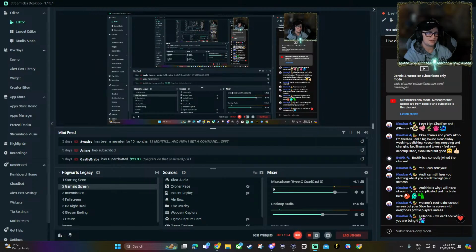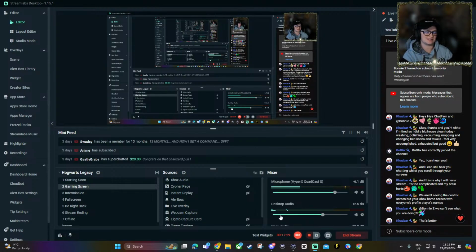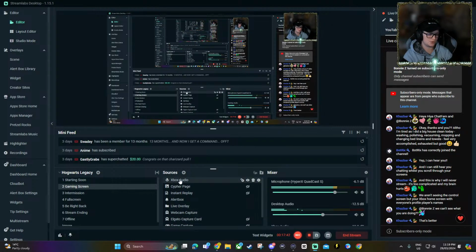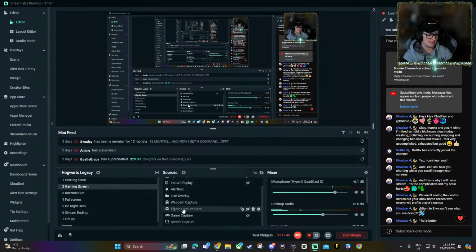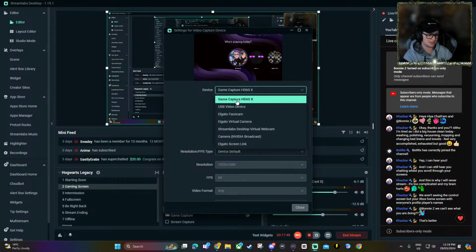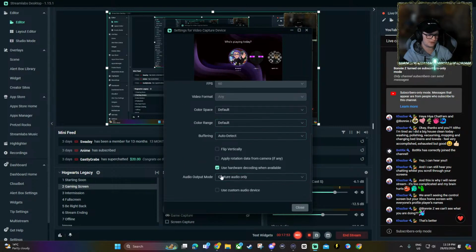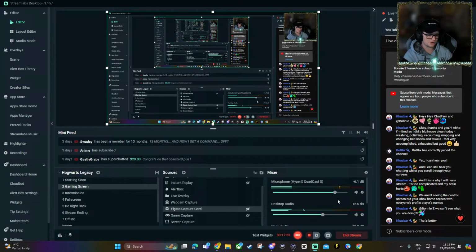Okay, so quickly again. It's probably good that you hear it first and then I show you anyway so that you understand. So this down here is your capture card. This little symbol here is a webcam. This is your audio. This little symbol here is a microphone. The capture card is your visual. Don't worry about the audio, it doesn't matter. Close. And then you're going to mute